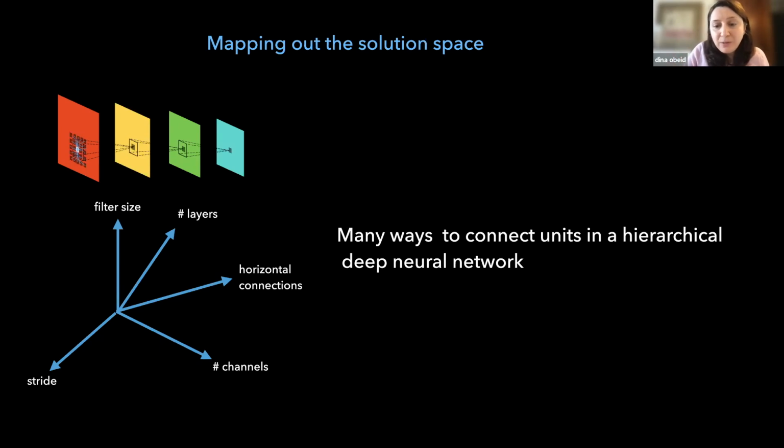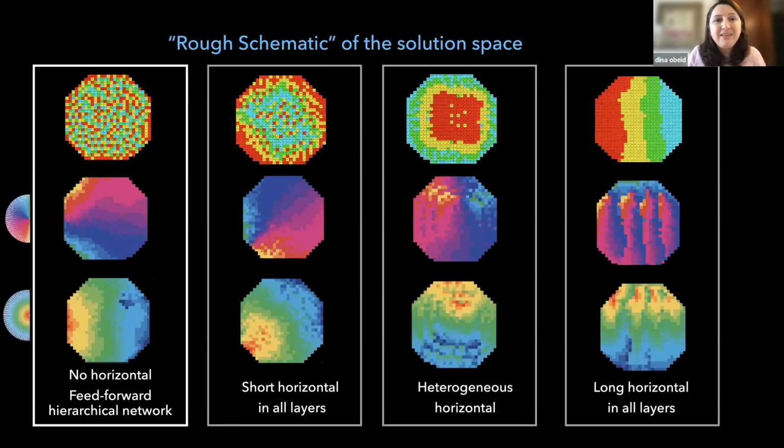So what I tried to do is give maybe a rough schematic of that solution space. Again, I can't cover it all, maybe just recipes or ways to give biological-like topographic organization. But the take-home message of this solution space is this: this is the same network, and I'm just varying the horizontal connection